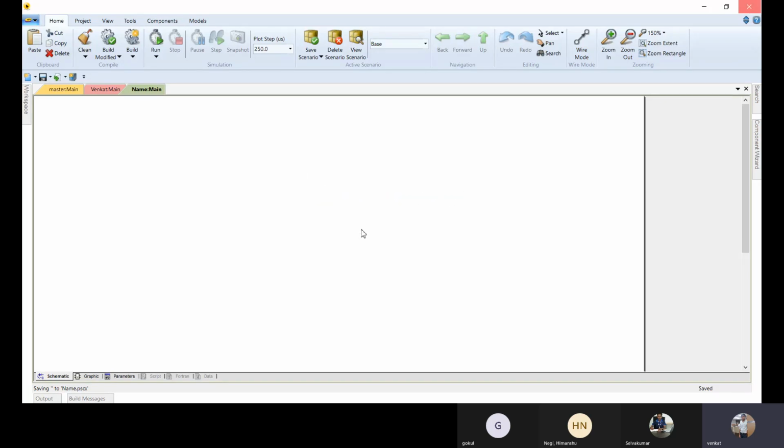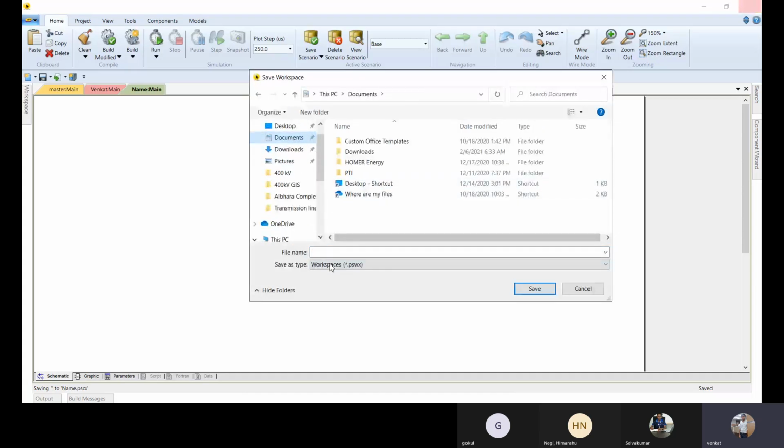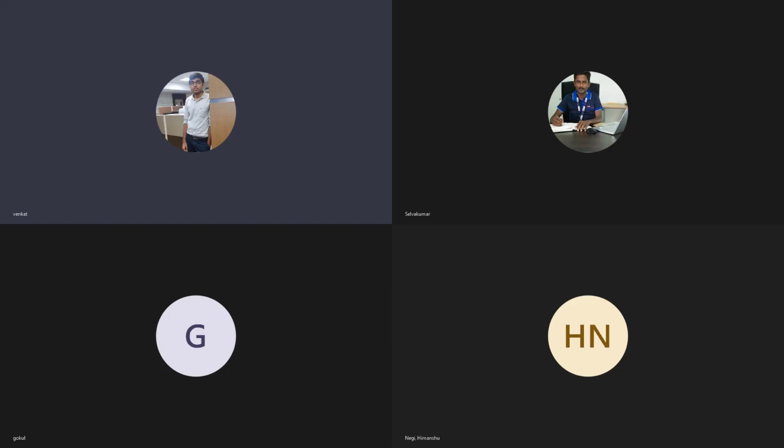And if I click yes, it then asks for a new location where I have to save this particular file. I'm going to save it in my documents, giving it a name, and just click OK. I have just closed. My file has closed.